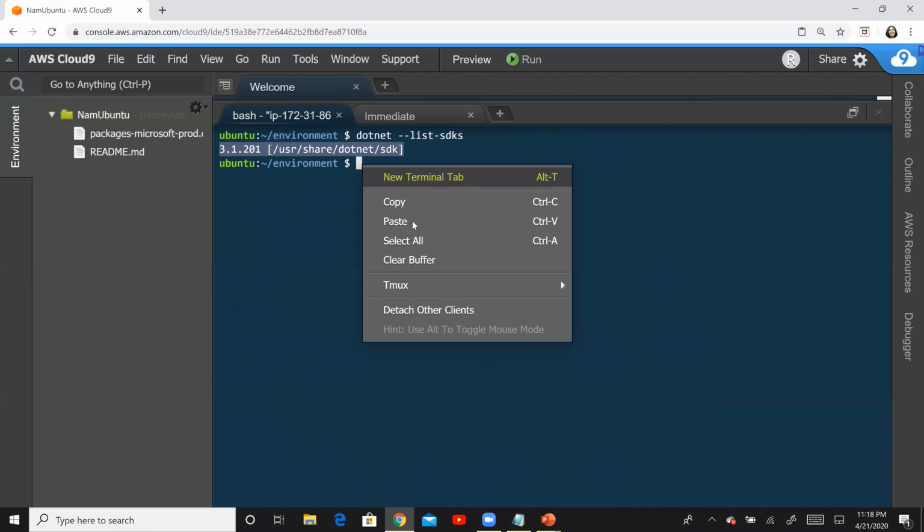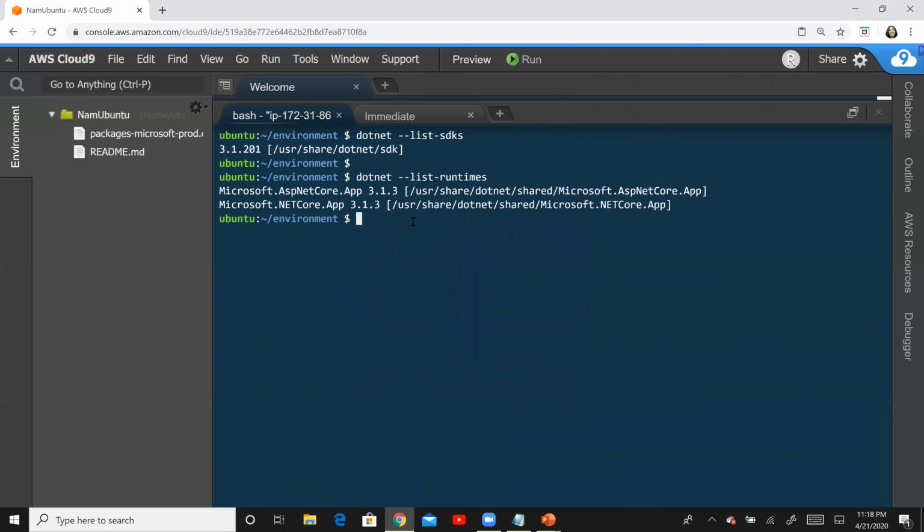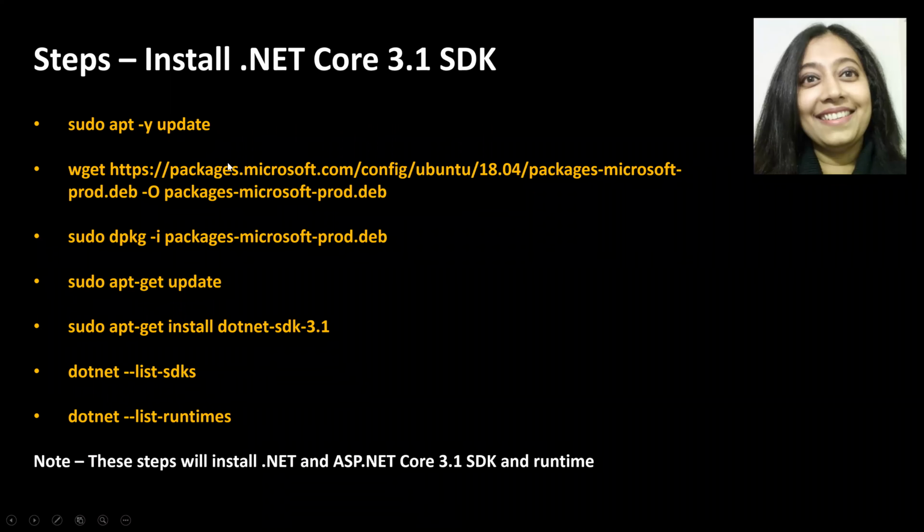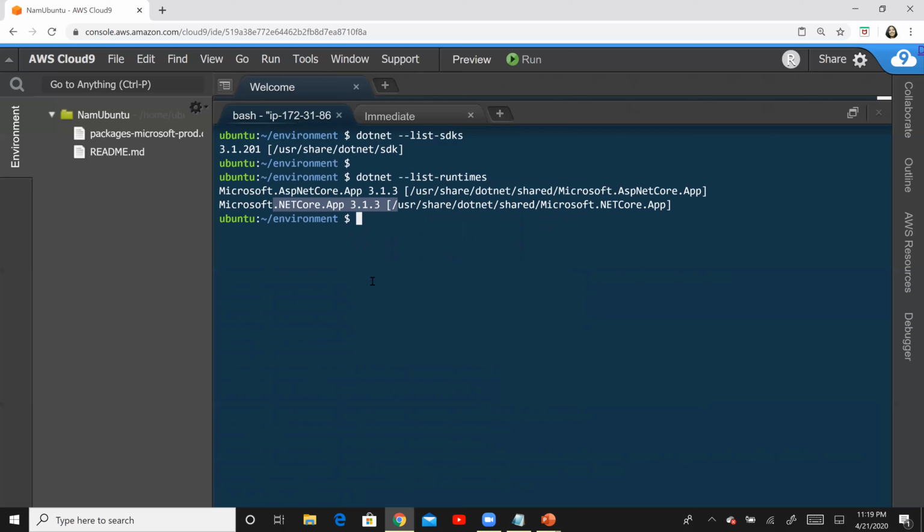Paste it right here and execute, and you will see that ASP.NET Core and .NET Core, both of them are installed over here. So if I switch back, we completed all of these steps. As I've mentioned over here, these steps will install .NET Core and ASP.NET Core 3.1 SDK and runtime. So you have both of these SDKs and runtime installed over here.